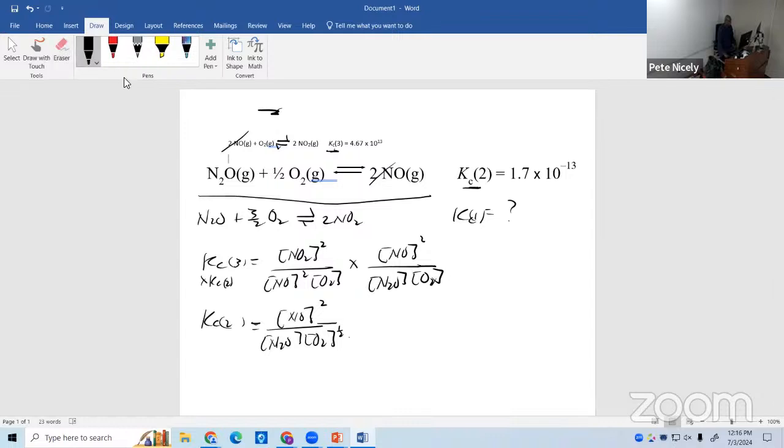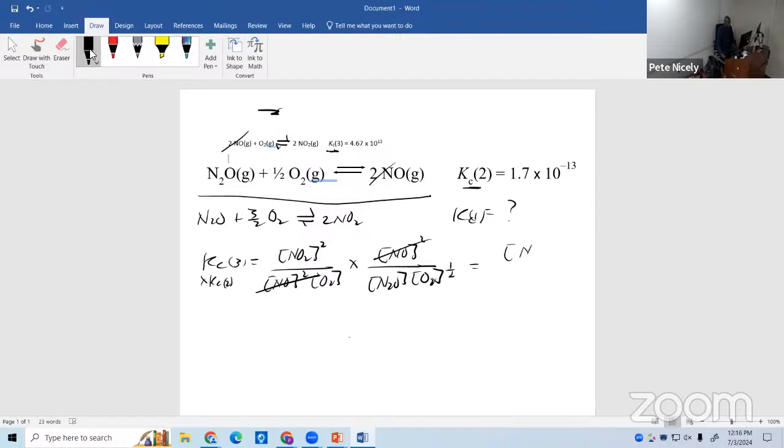Let me erase this just to avoid any confusion. So this is KC3 times KC2, and what you'll find is that this will cancel with that, and you'll be left with